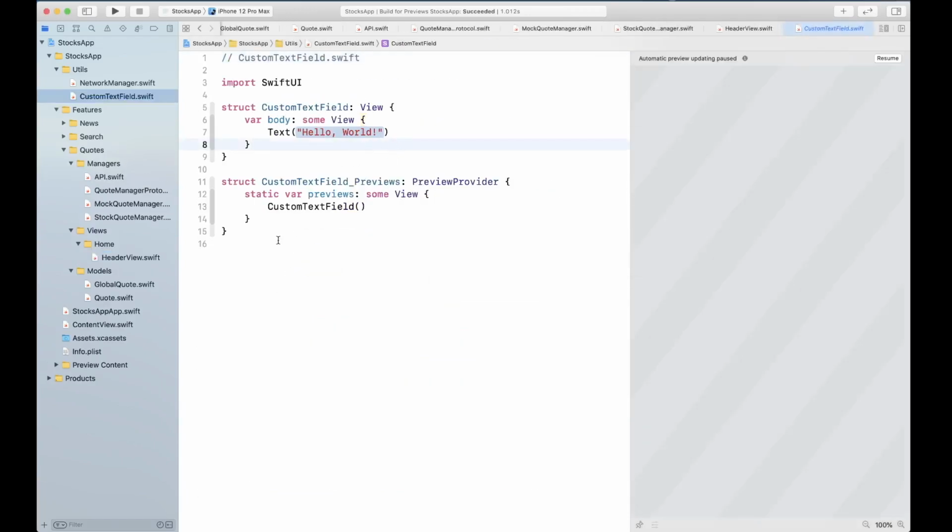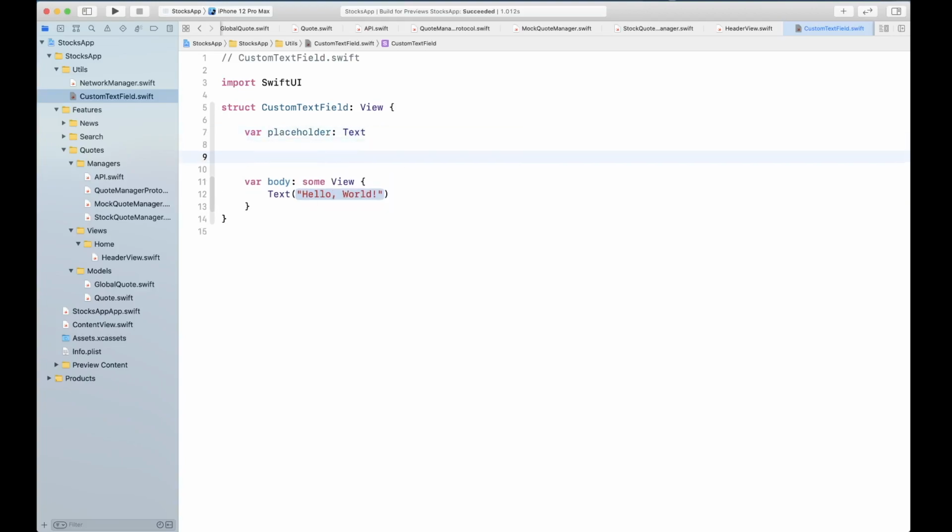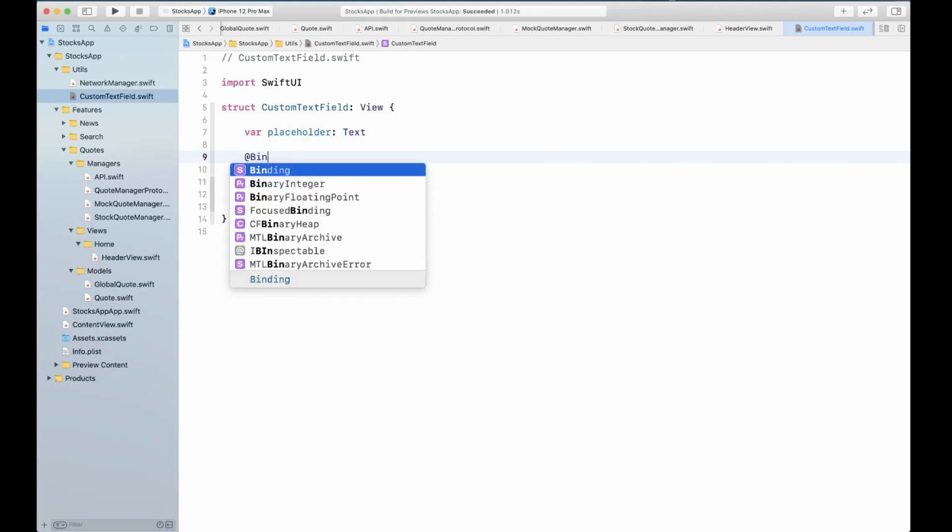Okay. And we can take out the preview. Don't need that. You're going to have a placeholder. This is going to be a text, and we're going to have a binding.